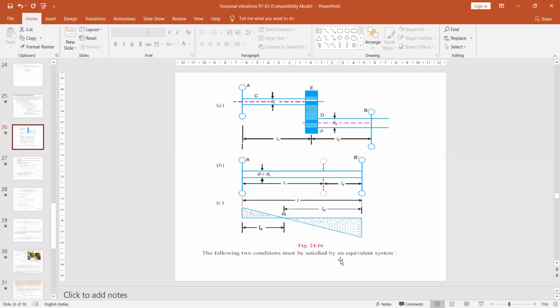Shaft D has gear wheel F at one end and rotor B at the other end. Just observe that. How many notations are there in our diagram? All of you observe. You have this type of shaft with gear wheels E and F, and those two shafts are also carrying rotor A and rotor B.